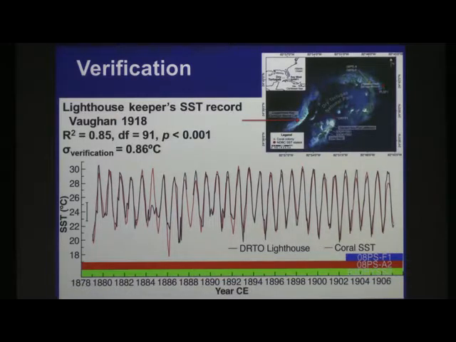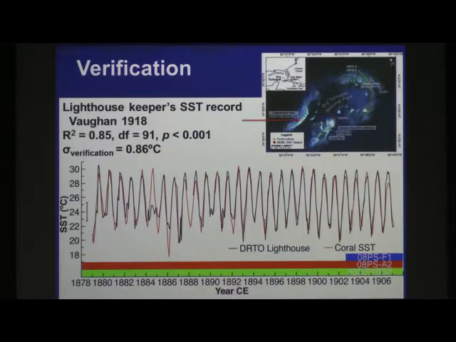So we've taken that lighthouse keeper's record and compared that to our coral reconstruction. The lighthouse keeper record is here in the black, and the coral SST is in red. Now a couple things to note. The first calibration I showed you, when we measure the corals, strontium calcium going down core, that's all done based on length. So it's in millimeters. Okay? To get it into the time domain, I match up the coral strontium calcium to a time record. The time record I use is a temperature record. So I'm making the coral record fit the temperature record as far as time goes.